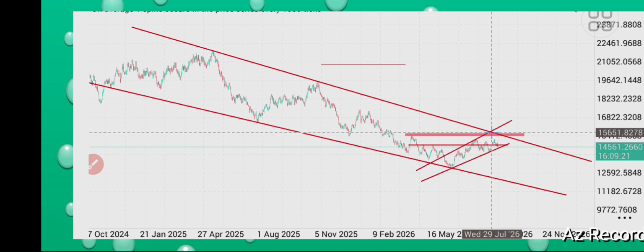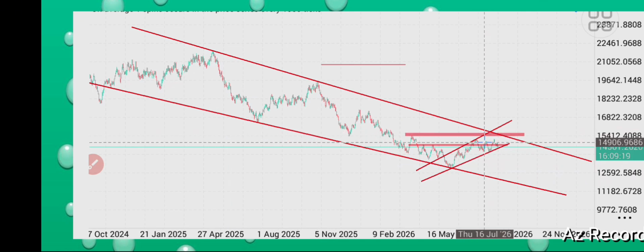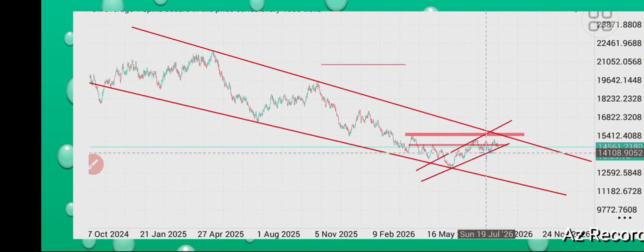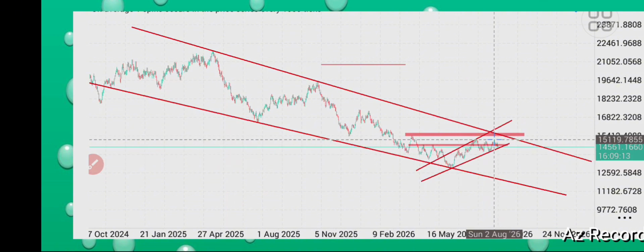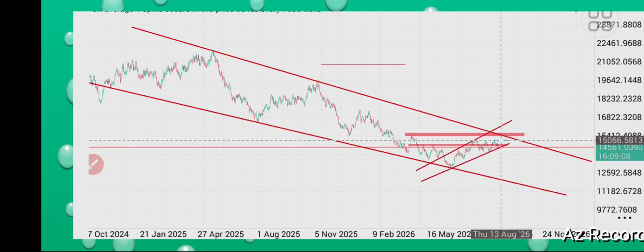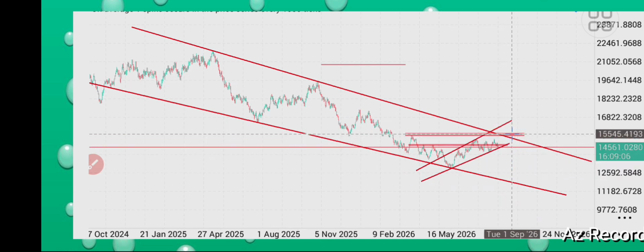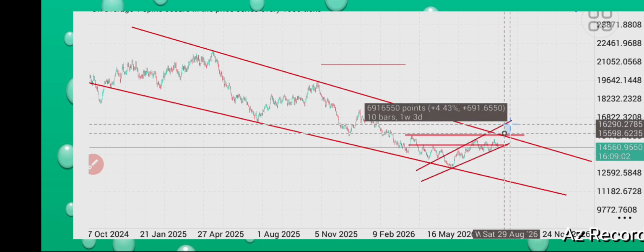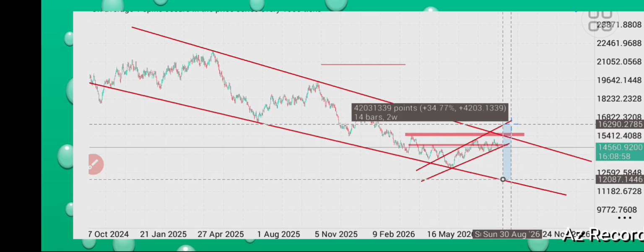right? So therefore it gives you an opportunity, in as much as it is a reversion, you can be able to maximize on this trade. But if you are a trend follower like I am, you wait for this trade to reach here to the neckline, then you'll be able to do a sell up to this point. So if you take this trade from here and you put your stop loss to be somewhere there, and you take profit to be up to this point,